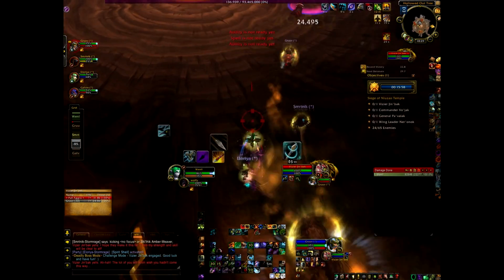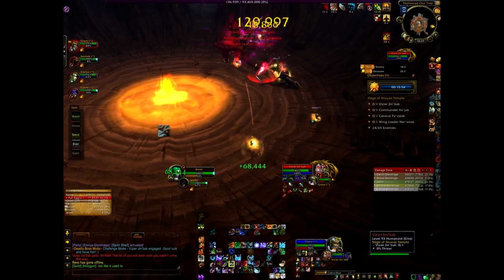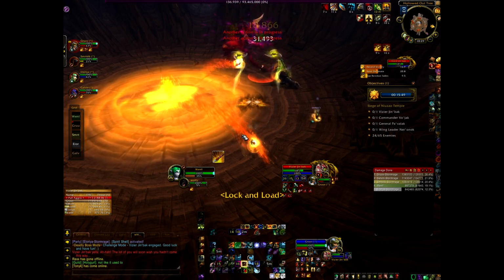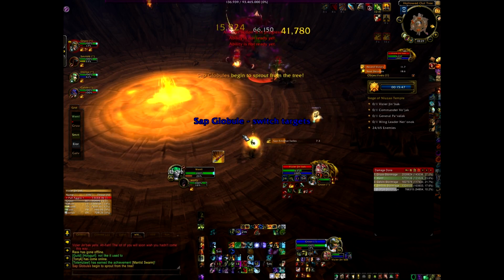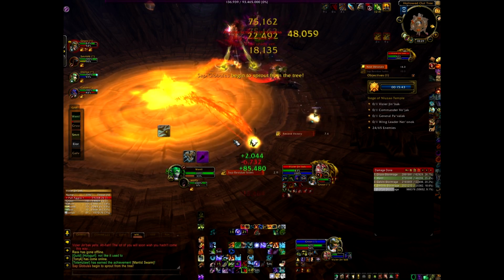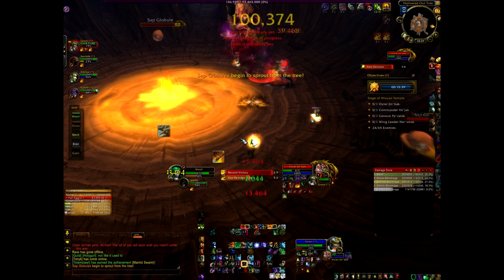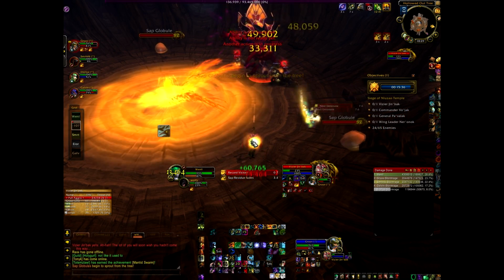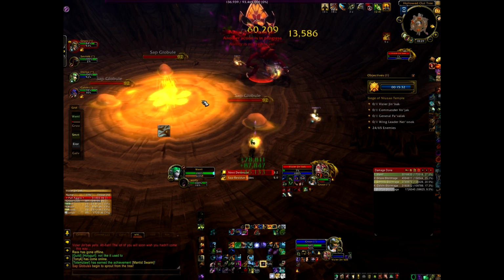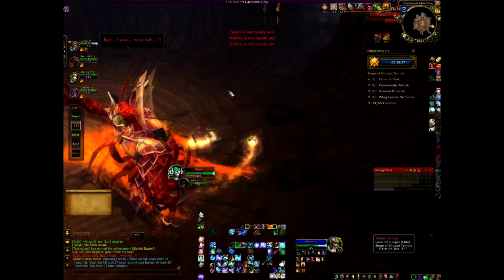Once you've AoE'd them down, go ahead and pop all your cooldowns and blow up the boss. The stacks of debuff you get from those blob mobs will basically help you do a lot more damage as well, so those are definitely very helpful for quickly taking down the boss. And then once you've killed the boss, go ahead and